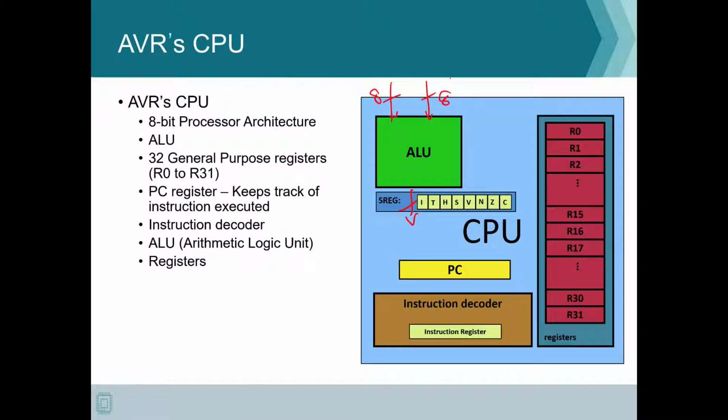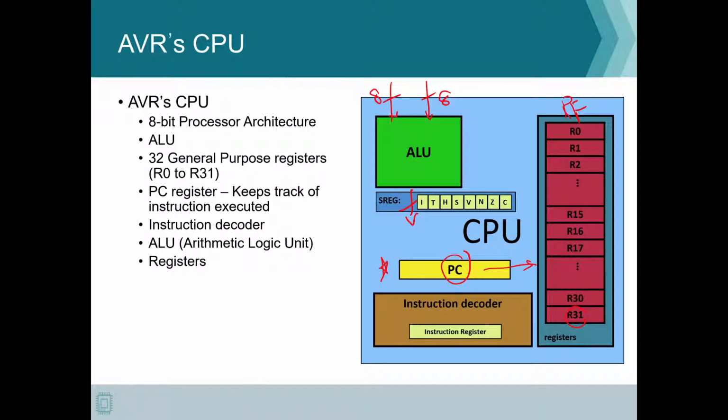We also have a register file. As you can see, the register file is of size 32, and the registers can be referenced simply using R0 to R31. We also have the program counter, which is nothing but a pointer that points to